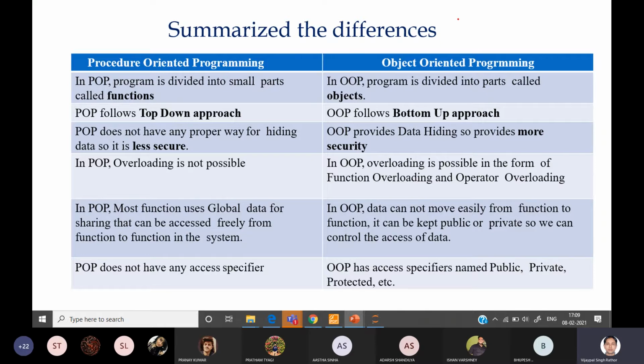Second, object oriented programming also provides overloading. We will see what overloading is. That is a case of polymorphism. We will see all these things later: polymorphism, inheritance, and the basic features of data abstraction. So different kinds of features are provided by object oriented programming that are not supported by procedure oriented programming. So we will see these features, and the meaning of these features, and then we will also implement them with programming.